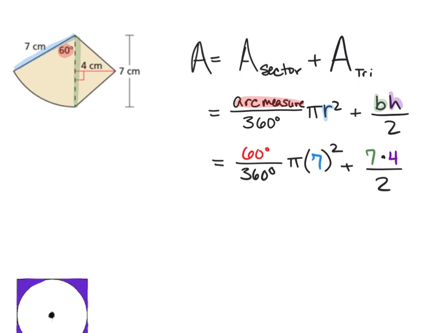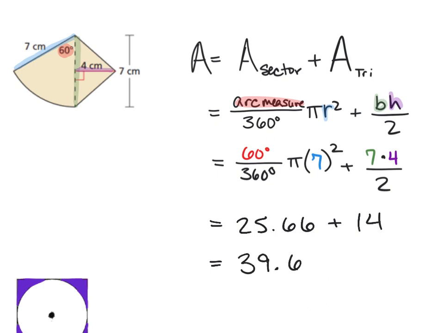I guess I should highlight the... Remember, I like doing this in 2 parts. You can also, I mean, it's all numbers, so you could put it in the calculator at once, but I like to see the area of each shape. So the area of my sector ends up being 25.66, and the area of that triangle is 14, which means when we add them together, the area ends up being